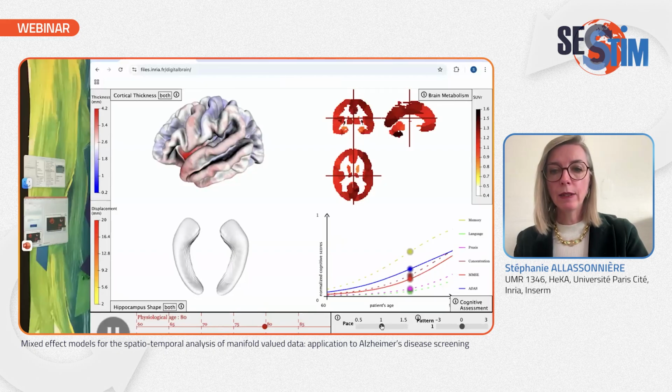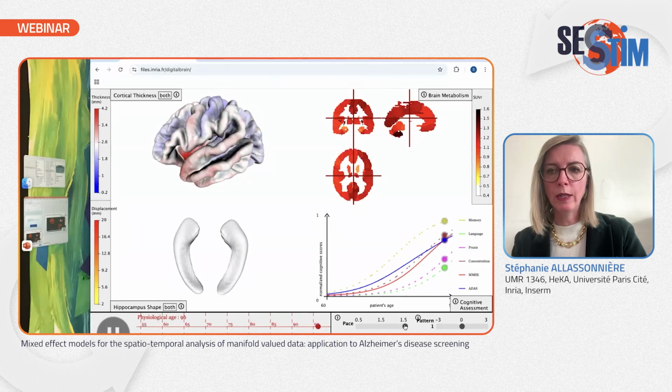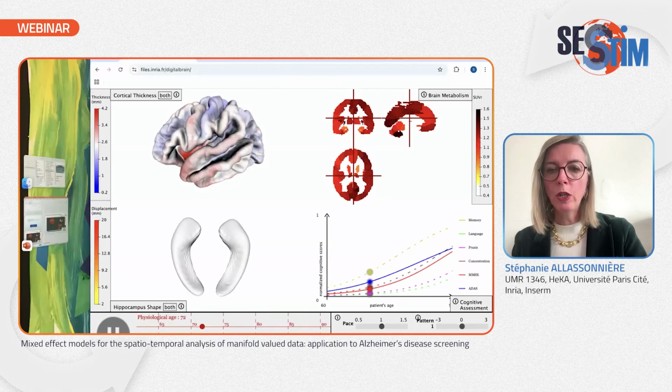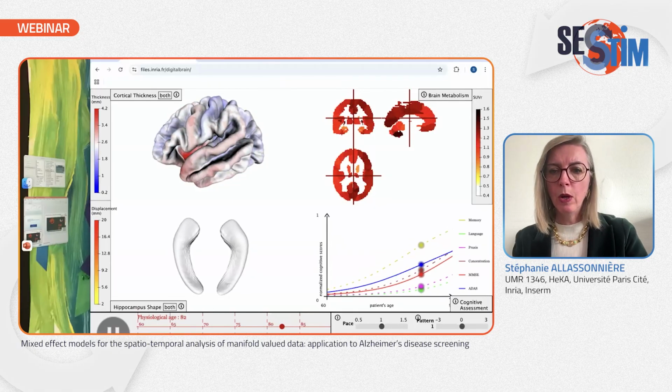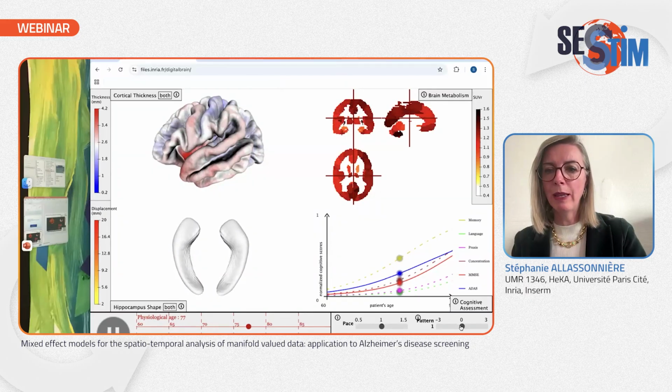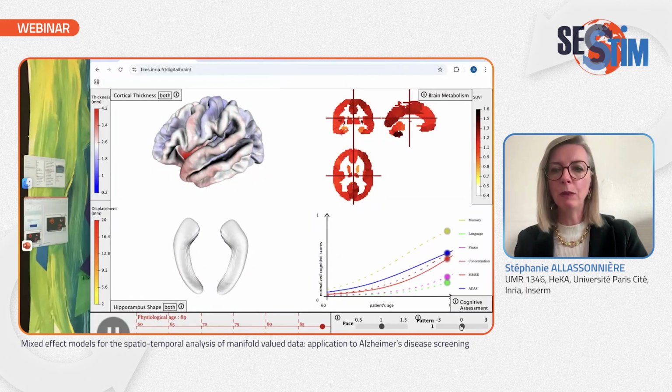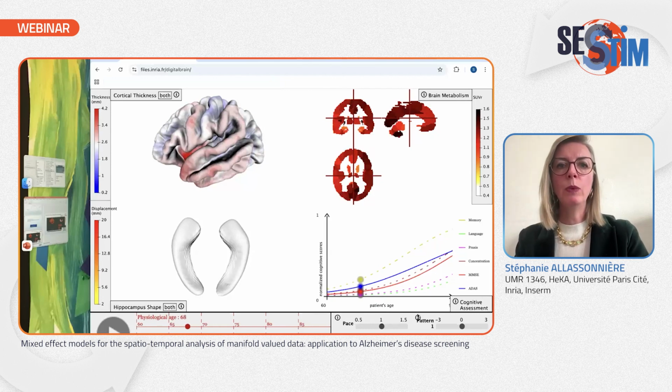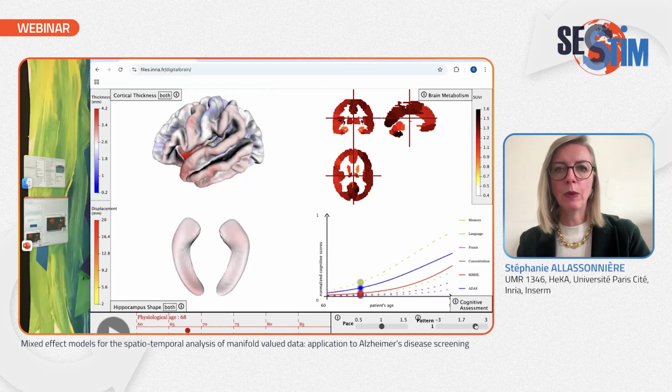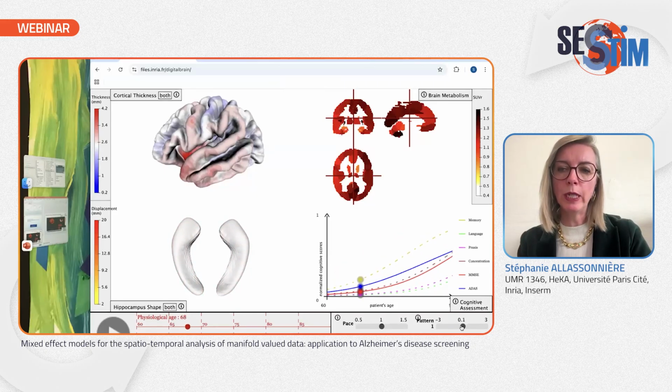And you can have the variability in the population with the pace, someone who is evolving more drastically, someone who started much earlier, for example, or a different presentation of the pathology, which I would call different anatomy. So, of course, if I stop, you will see that the anatomy changes, for example, here. And in terms of clinical score, it is really the ordering of each score to deteriorate that is important. So you have here all this that you can fit.